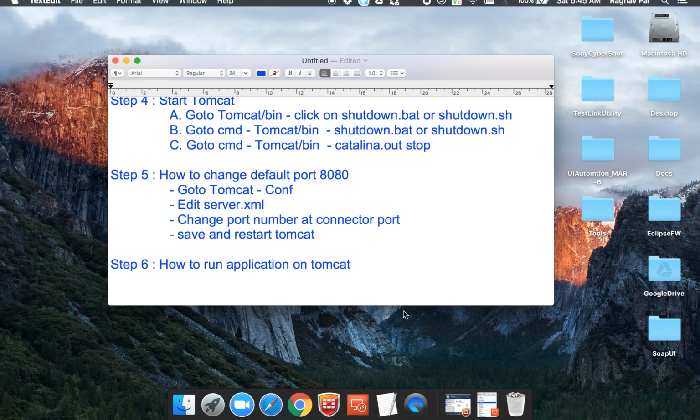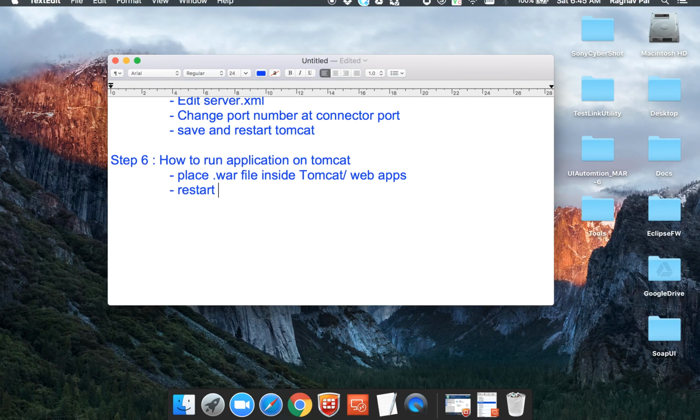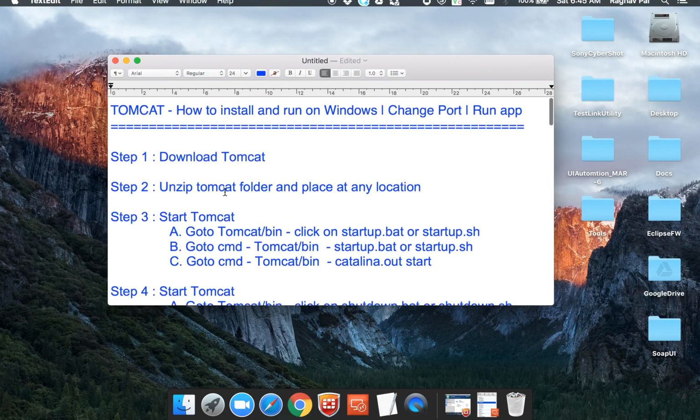So what we have to do is place the .war file inside the Tomcat folder and inside webapps, and then you have to restart your Tomcat so that the effects can take place, right?